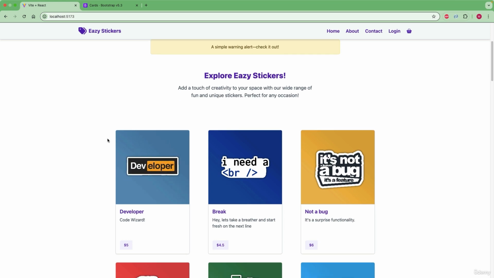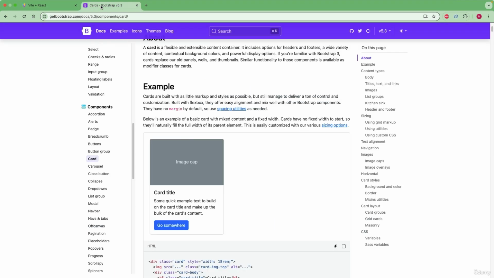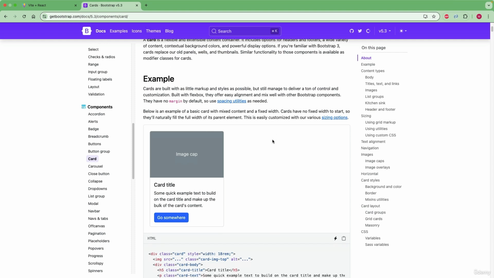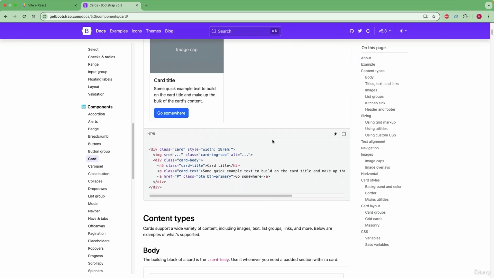Behind the scenes in the previous lectures, I have written a lot of CSS styling code to achieve this result. But with the help of Bootstrap, it can be easily achieved. On this page, we can try to read what do we have. So these are the class names that we need to use. So card is the base class, followed by, for the image, we need to use